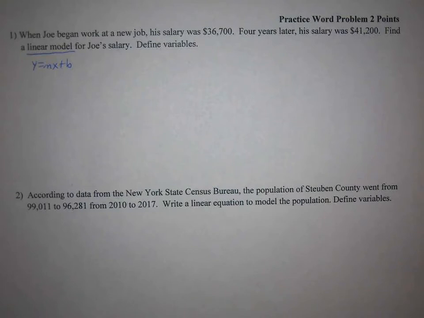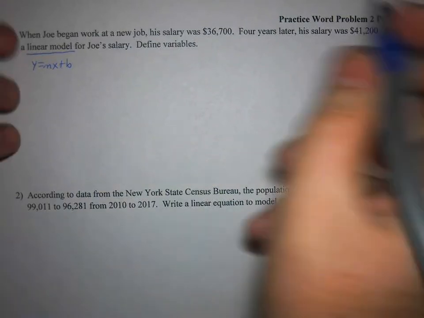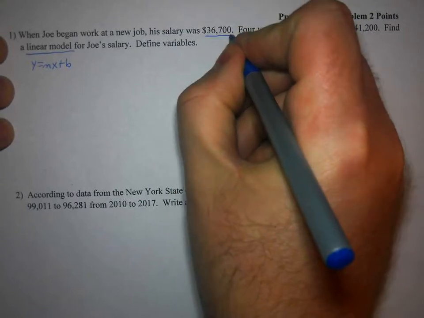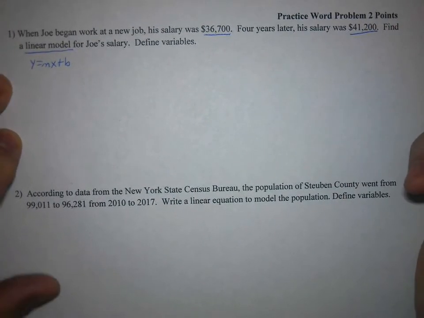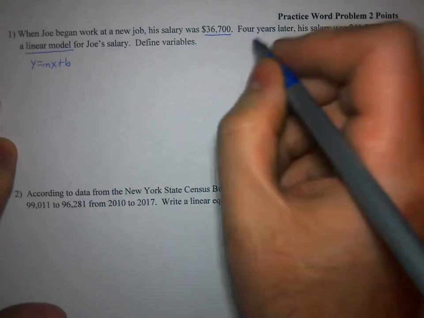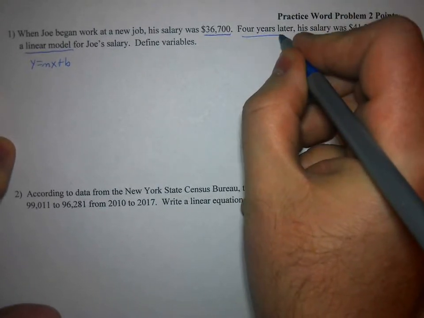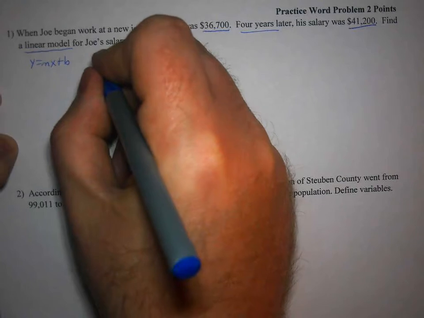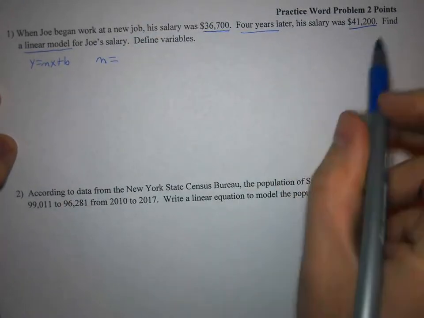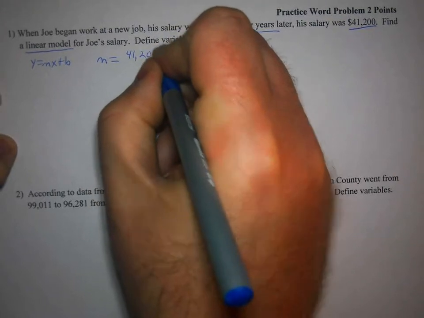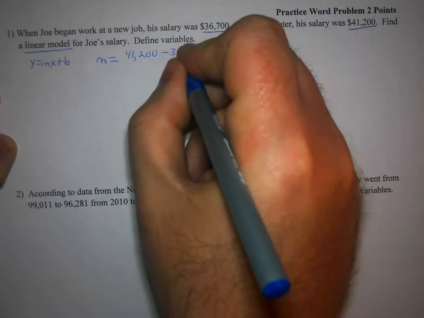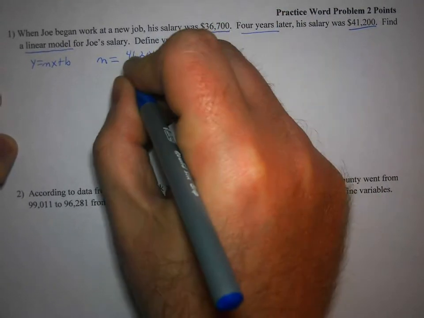So you take the information they give you. Notice that they tell you his salary went from $36,700 to $41,200. The time frame it happened in was 4 years. So to find the slope, you take your ending amount, $41,200, take away the $36,700 over